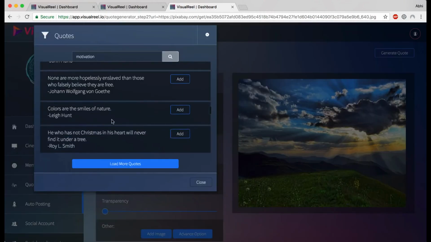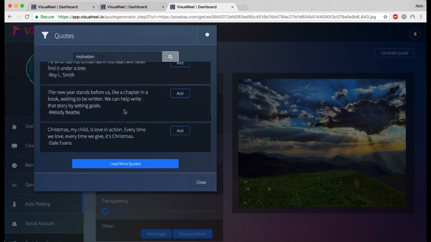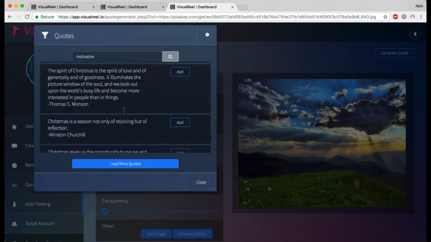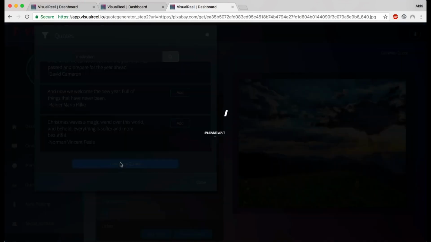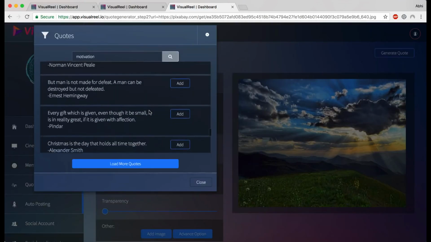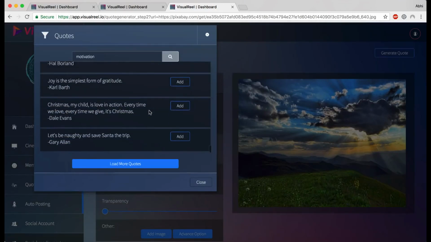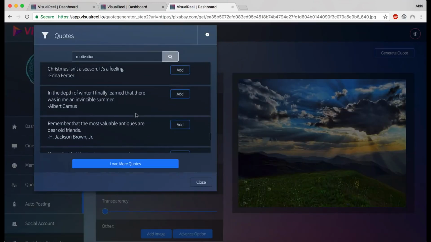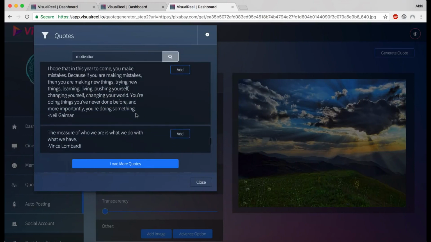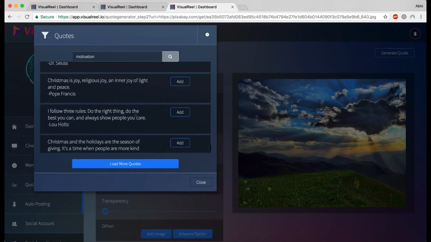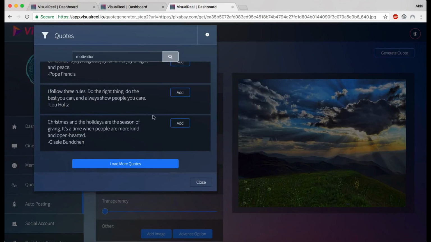Colors are smiles of nature. Let's scroll up a little bit more. As you can see, the quotes are not repeating themselves. Again, anything that repeats is not because there are not enough quotes. It's just that the library functions that we have have a duplicate issue in them.